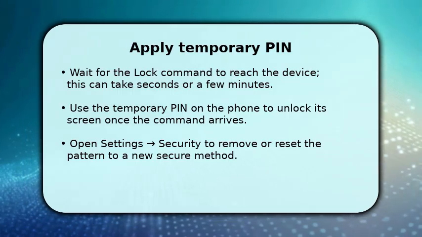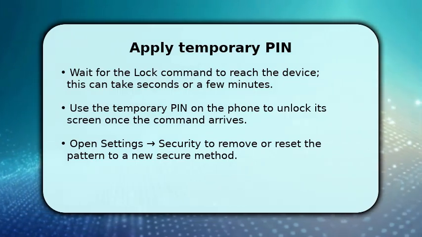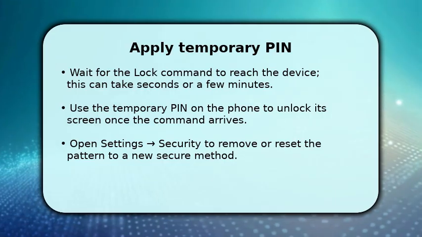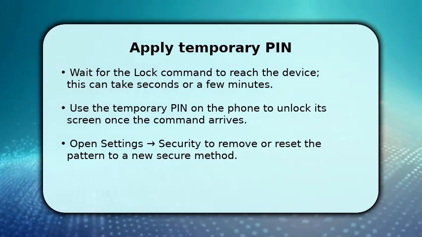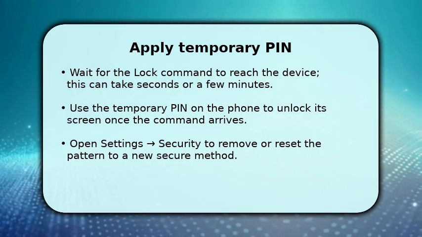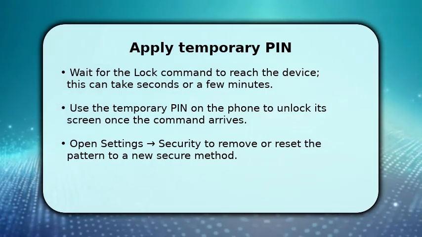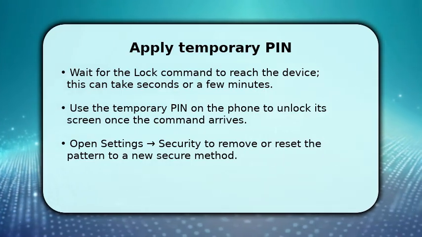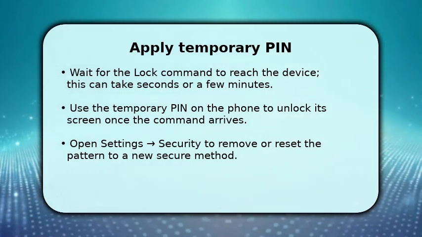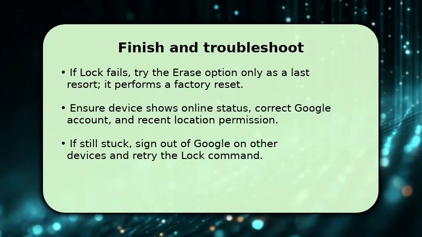After unlocking, immediately open Settings, go to Security or Lock Screen Options, and change or remove the pattern. Set a new PIN or biometric if preferred to secure the device long-term. To finish, verify the new lock settings and test by locking and unlocking the phone yourself to confirm the pattern